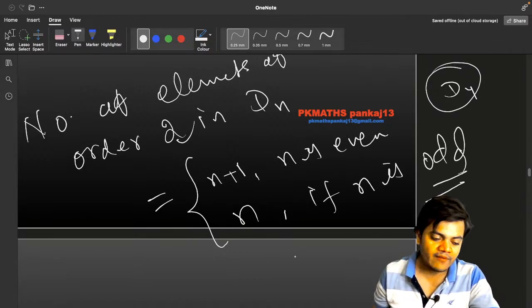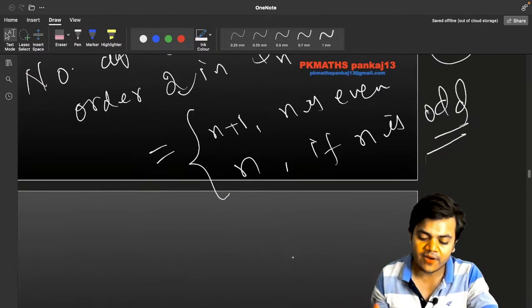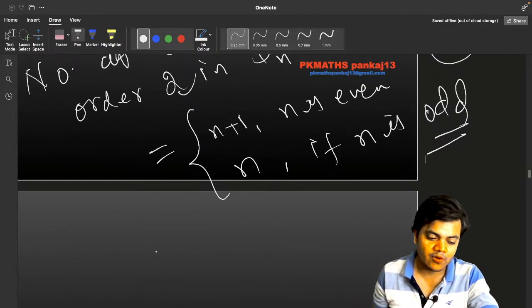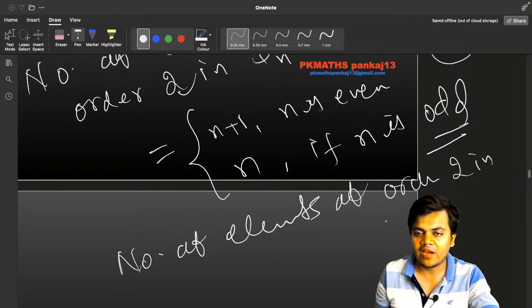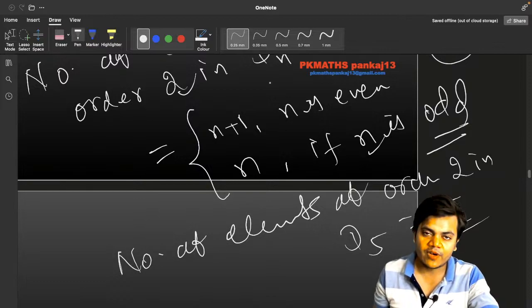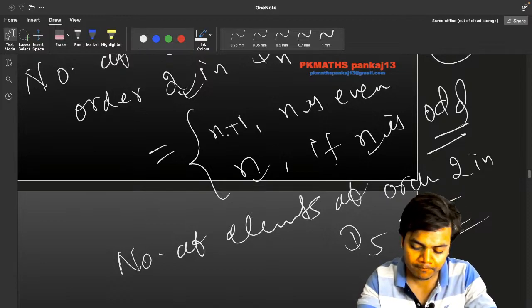For example, if I ask the number of elements of order 2 in D5, then certainly this will be equal to 5, because if n is odd, then the number of elements of order 2 in Dn will be n, but if your n is even, then the number of elements of order 2 in Dn will be n+1. So you all know these things already. Okay,